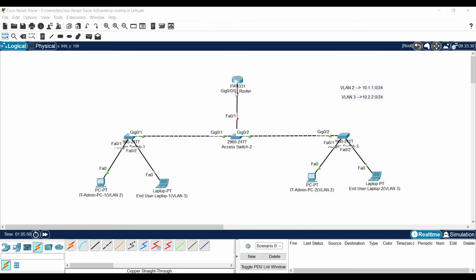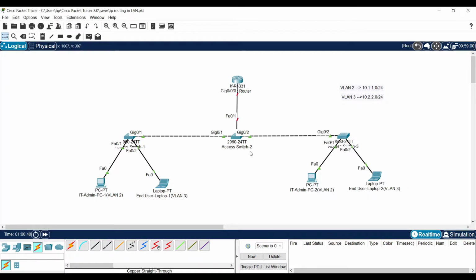The router's physical interface will not differentiate these two VLAN traffics. So what we need to do is create a virtual interface or sub interface on this physical interface, which means this physical interface will be split into two interfaces logically. Each logical interface will carry the respective VLAN traffic.